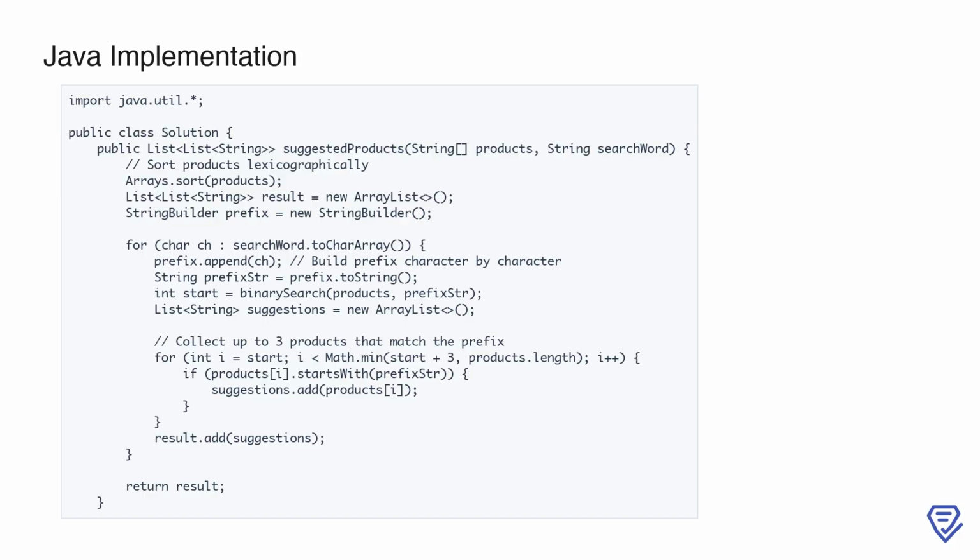For each character in the search word, we append it to the prefix and convert it to a string. Using this prefix, we determine the starting index of potential matches by calling the binary search helper method. Next, we iterate over the products, starting from this index, and add up to 3 products that match the prefix to our suggestions list. Once the suggestions for the current prefix are ready, we add them to the result list. This process repeats for every prefix of the search word, ultimately returning all the suggestions for each step of the